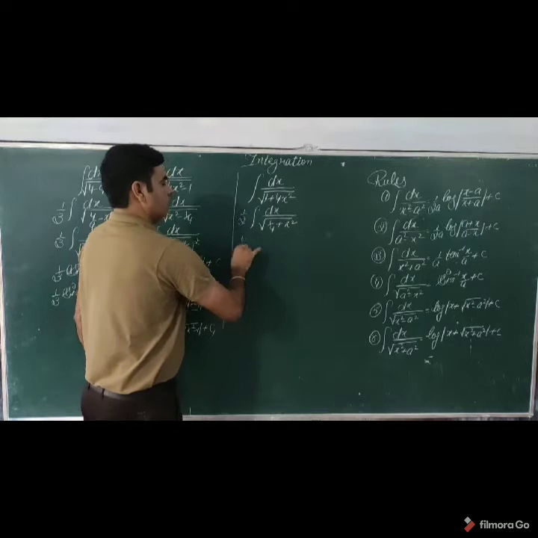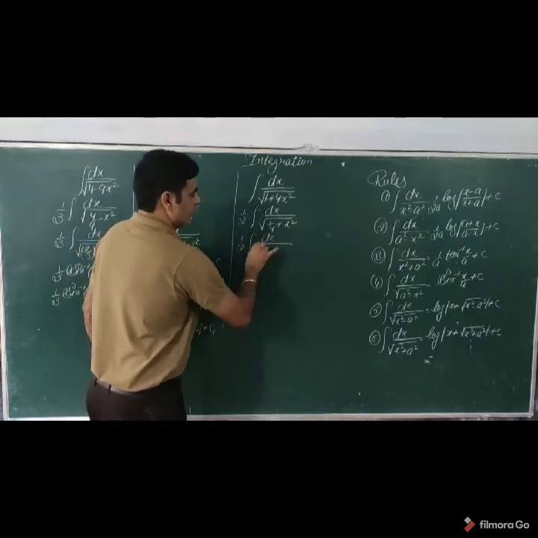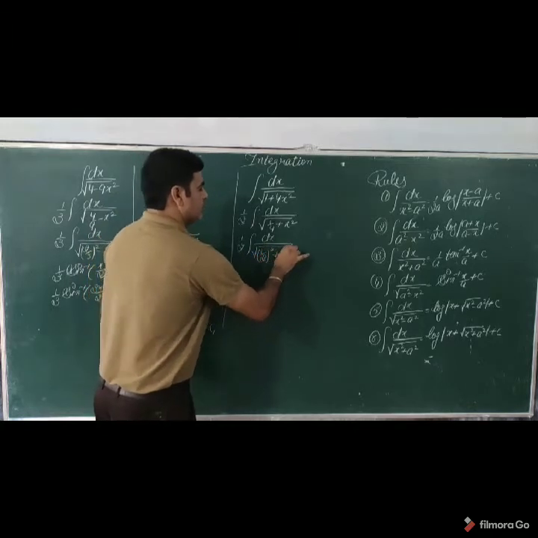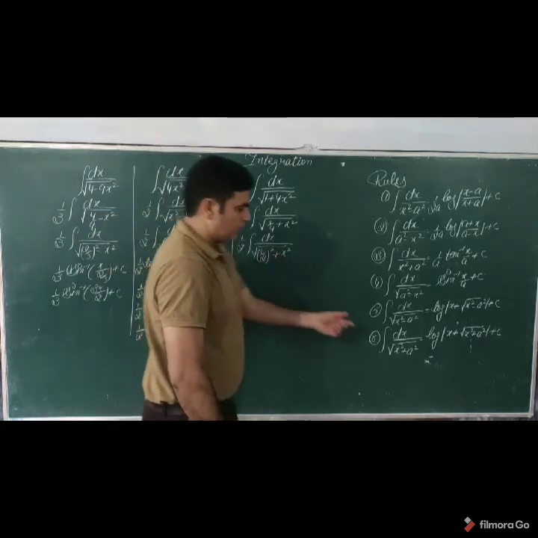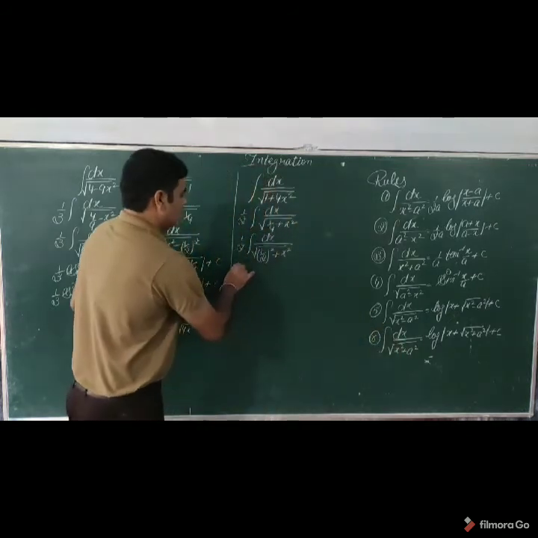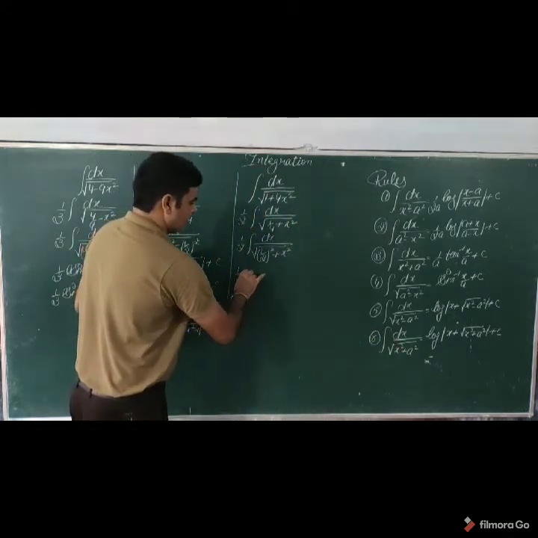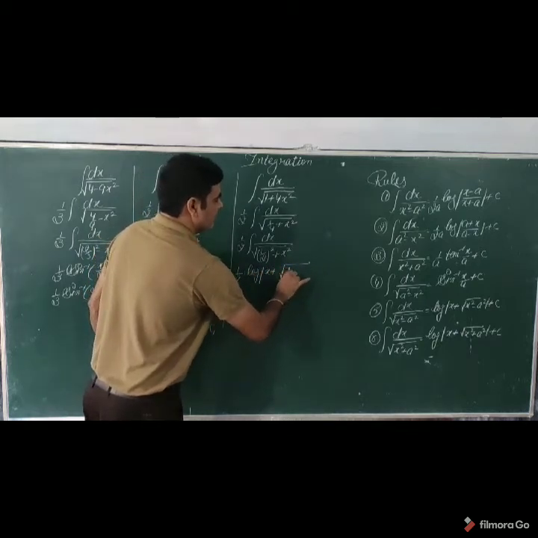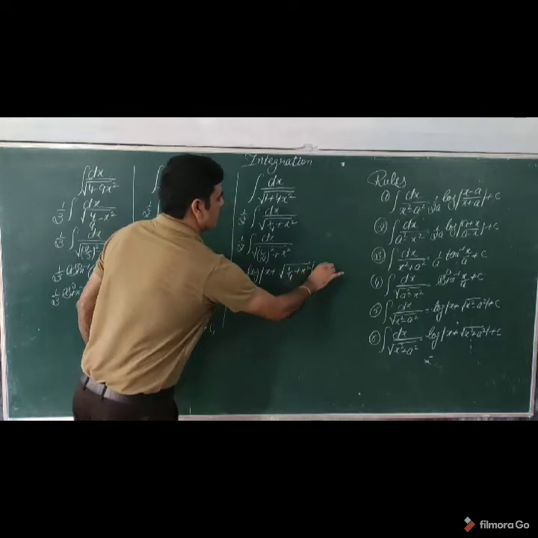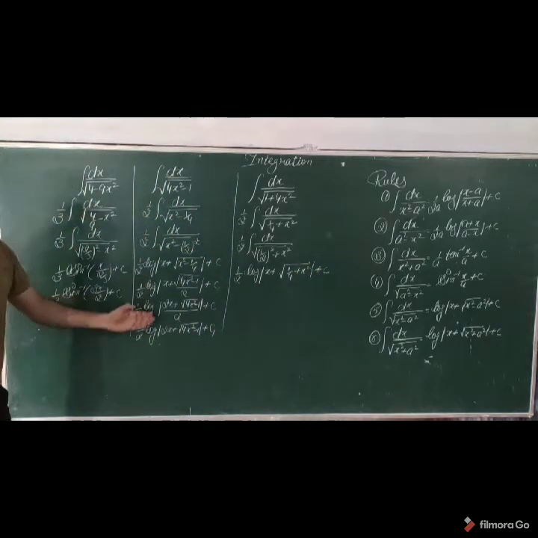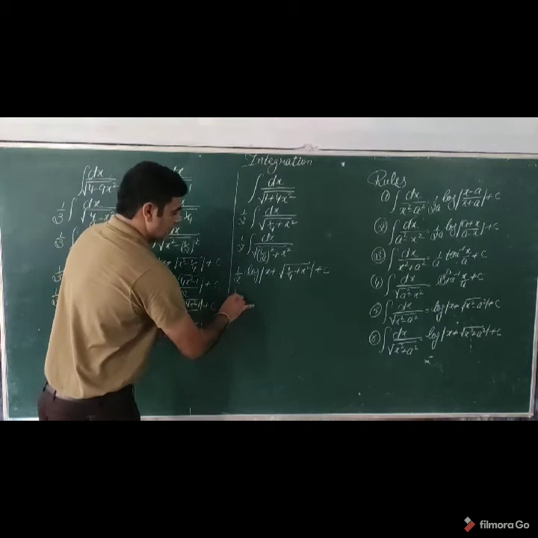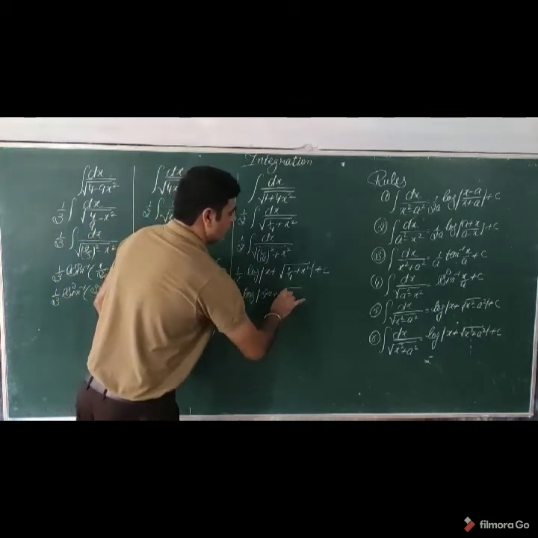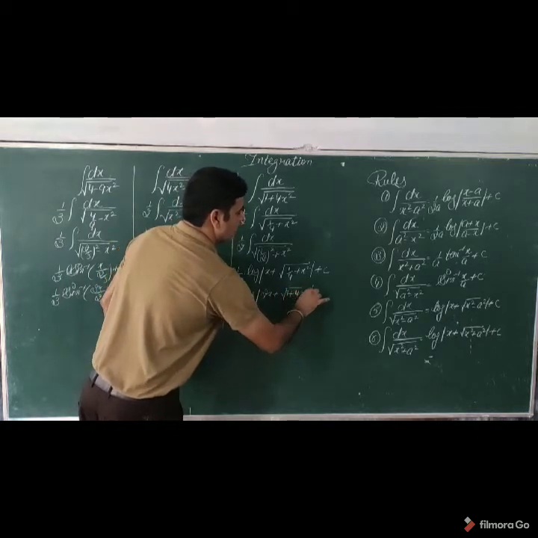It becomes 1 by 2 dx in square root, 1 by 4 can get the square of 1 by 2 plus x. It is like a square plus x square in square root. Rule number 6. So it can be written like this: 1 by 2a is log of x plus square root of a square plus x square, plus c. In the same way, we simplify like this. Finally, we get this answer: 1 by 2 log of 2x plus square root of 1 plus 4x square, plus c.